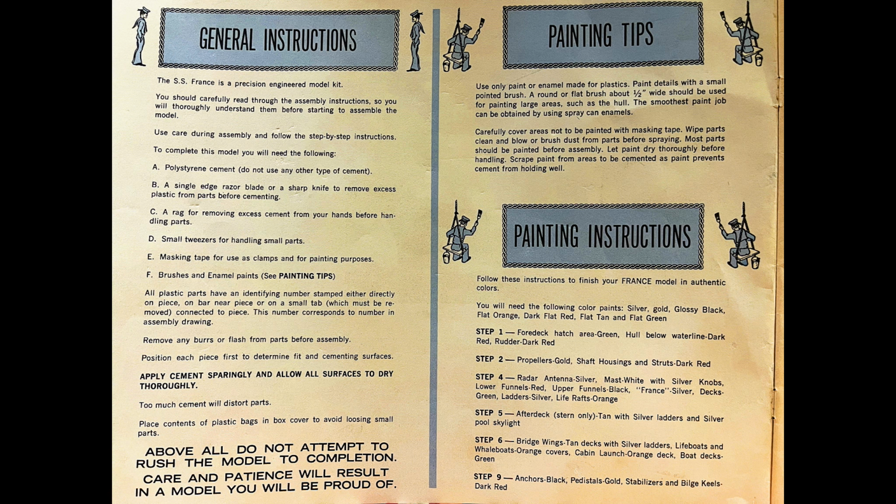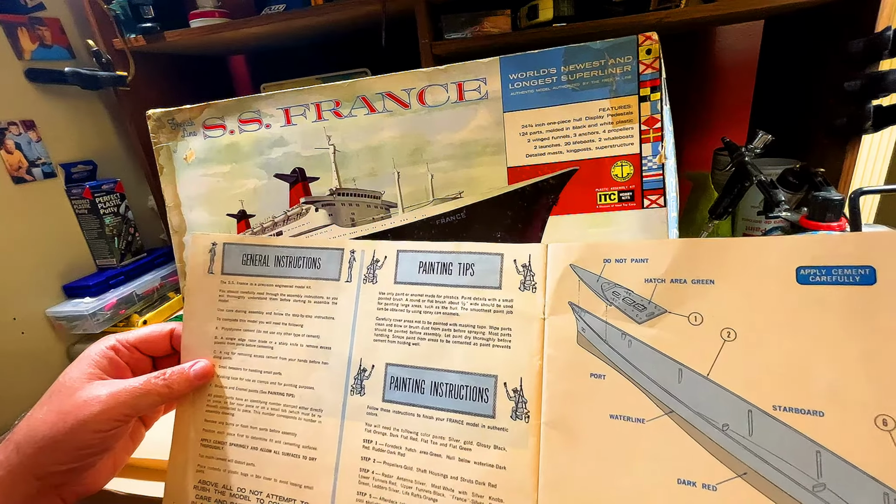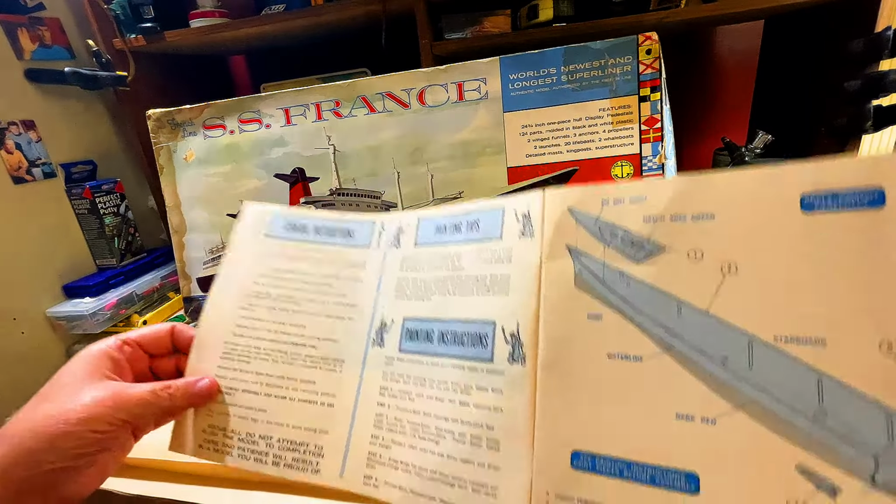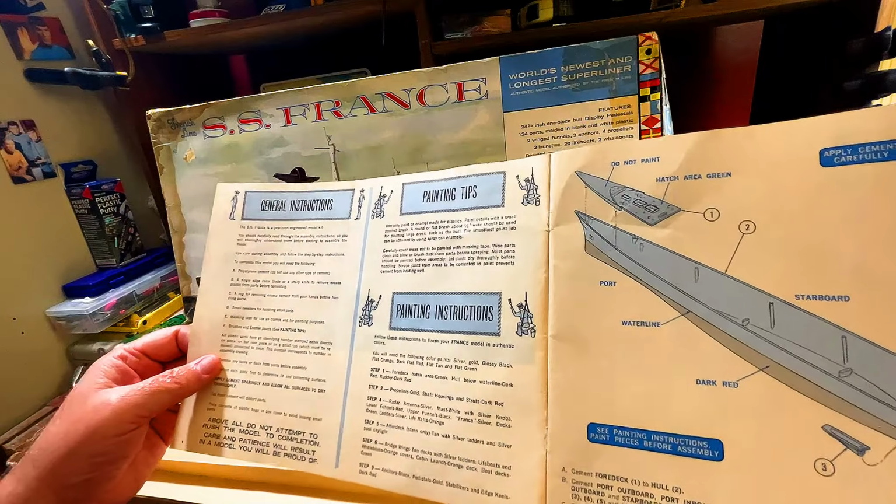We'll use the paint gun. Carefully cover areas not to be painted with masking tape. Wipe parts clean and blow or brush dust from the parts before spraying. Of course, we're going to wash all the parts in warm soapy water. Most parts should be painted before assembly. Let the paint dry thoroughly before handling and scrape the paint in the areas to be cemented, as paint prevents cement from holding well. And then we have the painting instructions. Follow these instructions to finish your model